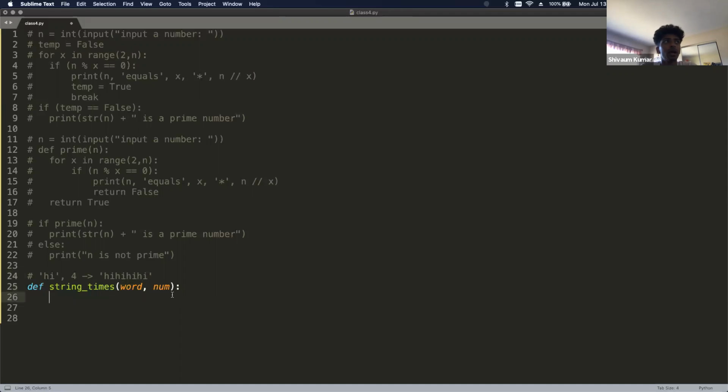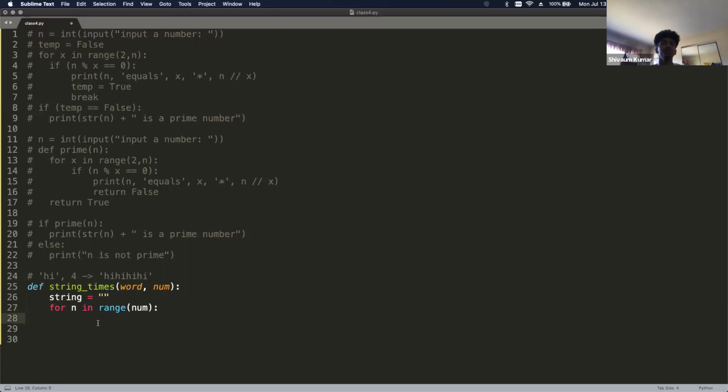So now if I were to do this, then I could just say final, well, we'll just say string. String is equal to an empty string. So this is basically what I would want to end up returning, my overall string. So I know that I have a word and a number, and I want to return an overall string. So this is going to be my overall string that I return. Now I just have to figure out how to get the correct output based on this. So now that I know I have a number, I can sort of, let's see, I'll just loop through this number. So we'll say for n in range of num.